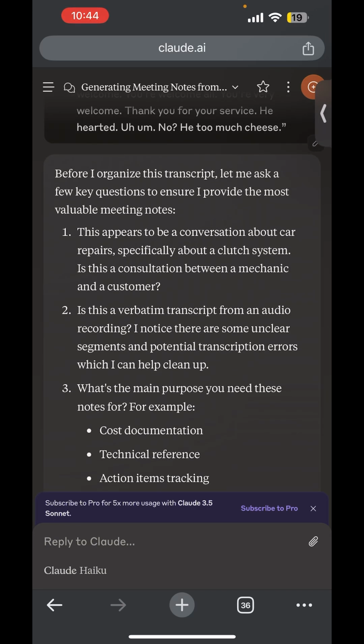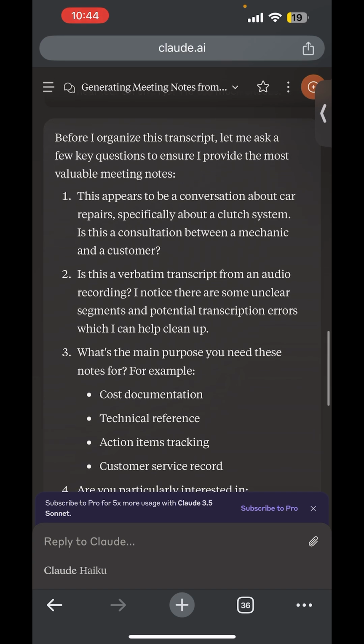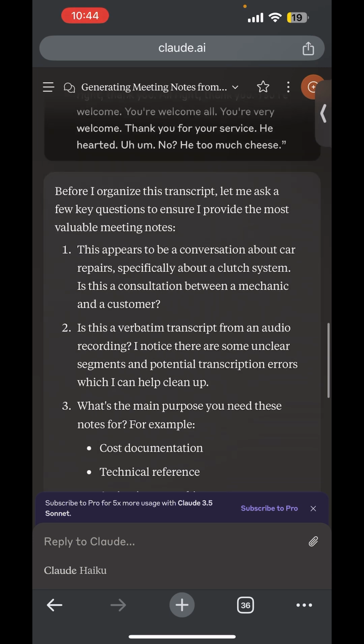You can ask the same questions to Claude from ChatGPT, but depending on the question, because Claude has a lot more restrictions, it won't answer like that tax one. It won't answer that tax one for me for my situation. But with this transcript to meeting notes,